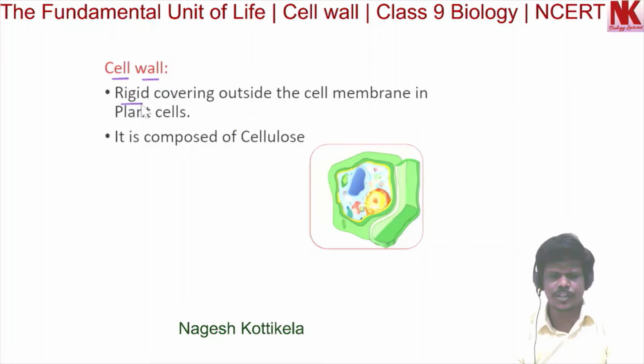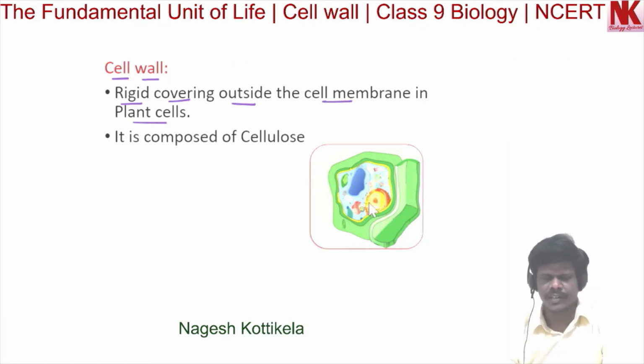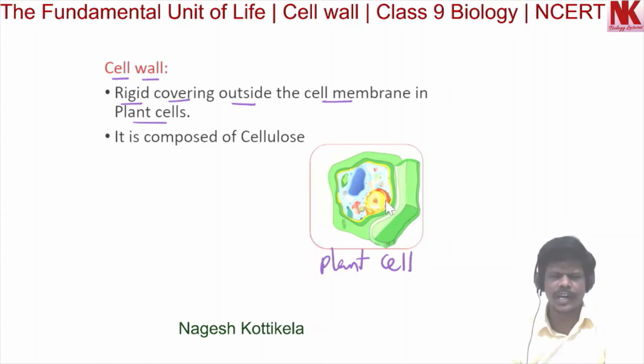Cell wall. It is the rigid covering outside the cell membrane in plant cells. This is the diagram of a plant cell. In this diagram, outside the cell membrane, this covering is called cell wall. Okay, so in this picture, this is cell wall,